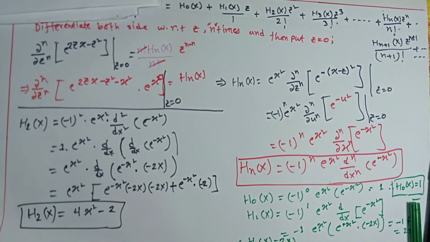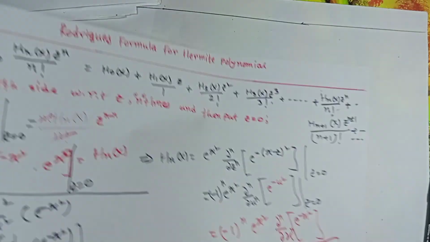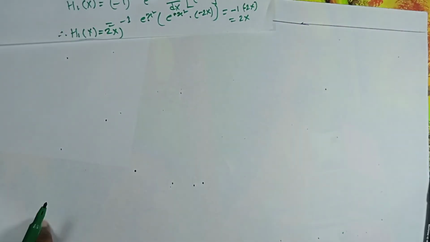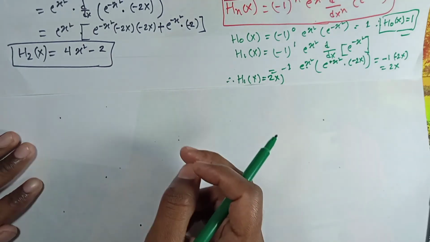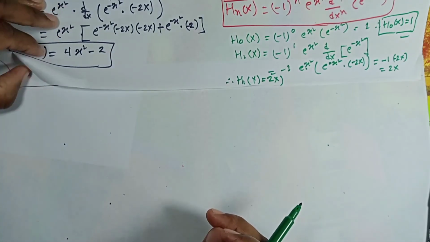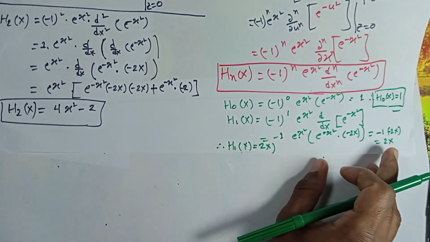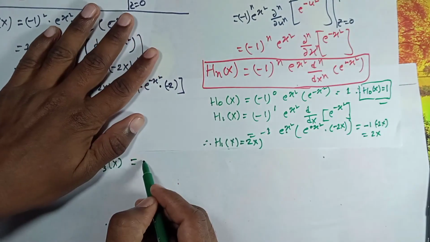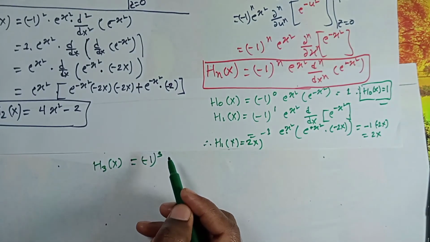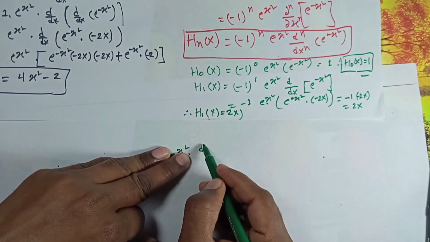Okay, then we calculate h3 of x equals what? Here, h3 of x equals what? This is my h(n) of x. h3 of x equals what? That is minus 1 power 3, okay, e to the power x squared into d. Okay, we write this as